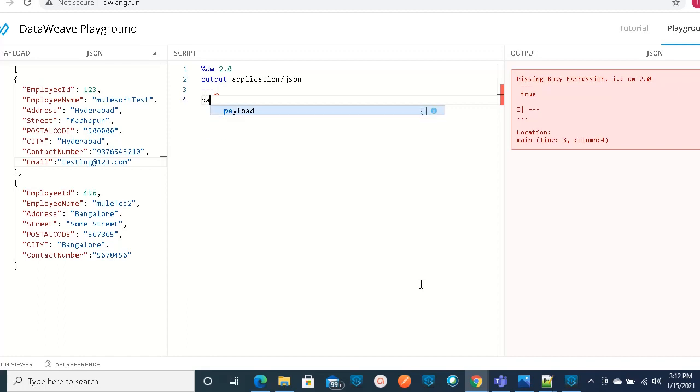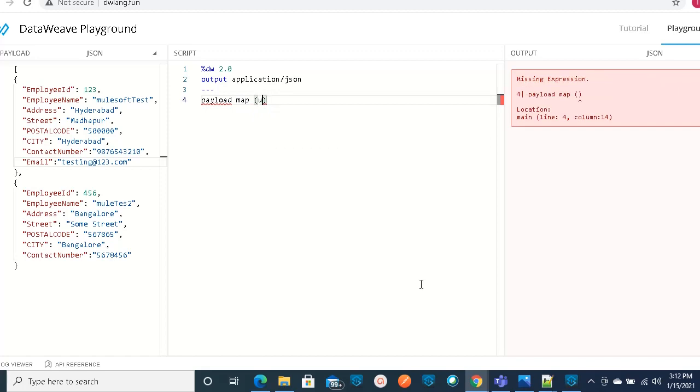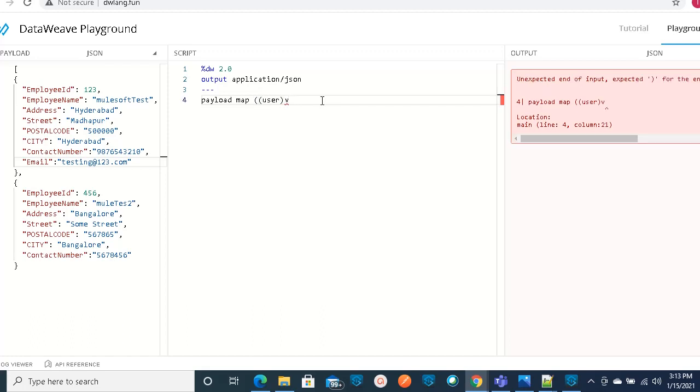Okay, so now let's use the payload map, and this time I will take a user object. Just to differentiate, I will give the name user here instead of employee. Whatever name you have given here, you need to take the same name. You can give any name here. Okay, and this user object I'm going to update.